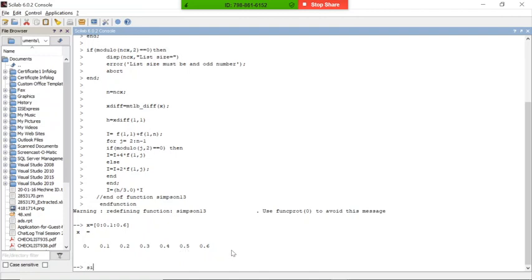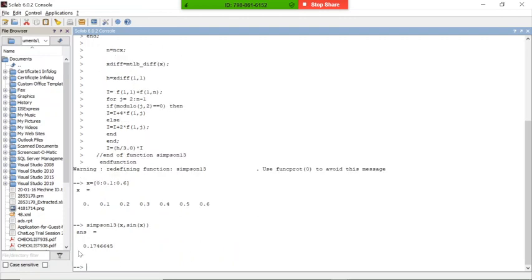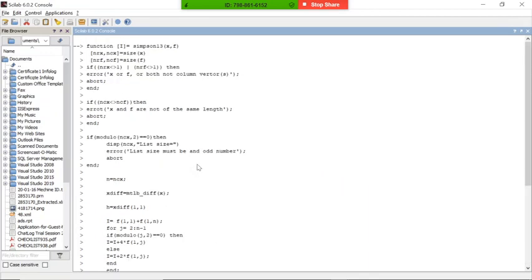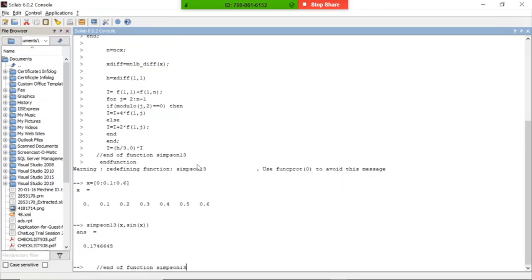So I'm just adding Simpson 1/3. This is the function I have created. Now I will pass the x values and the function sin x. You can check out that we got the same value as we got earlier.